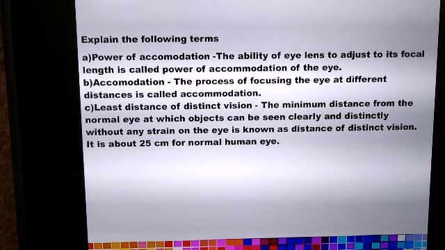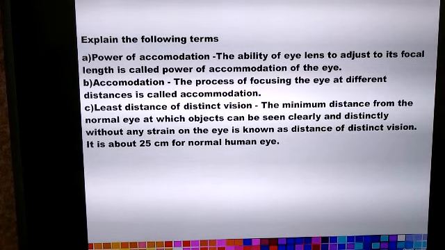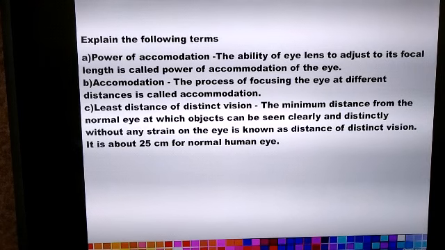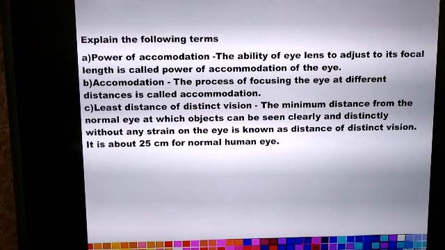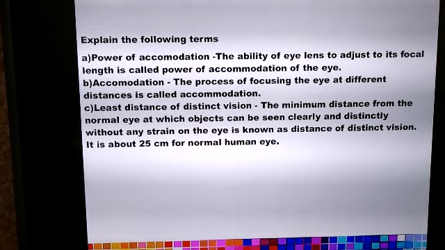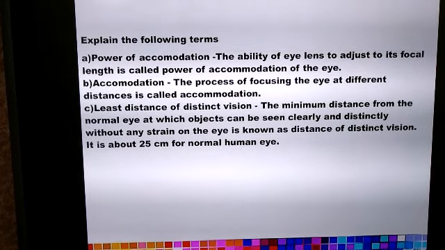And what should be the farthest distance of distinct vision? For that, the object could be at infinity. It could be at any distance from the normal eye, at a very far away point where we can see the object very clearly and distinctly without putting any strain on the eye. So for a normal eye, the farthest distance of distinct vision is infinity.